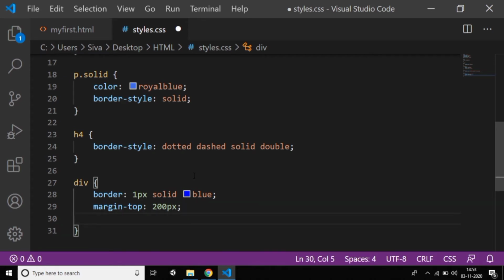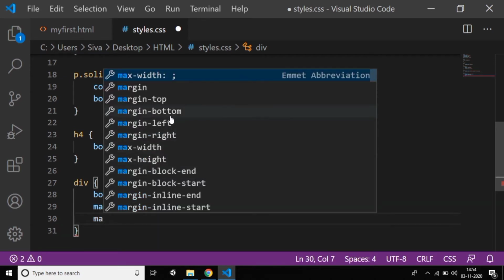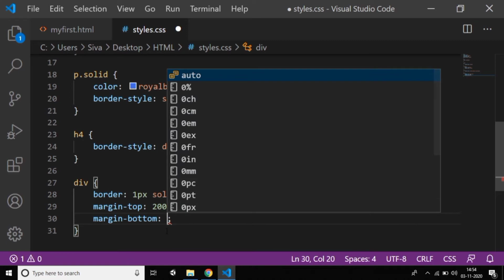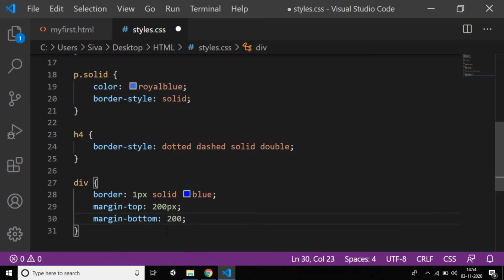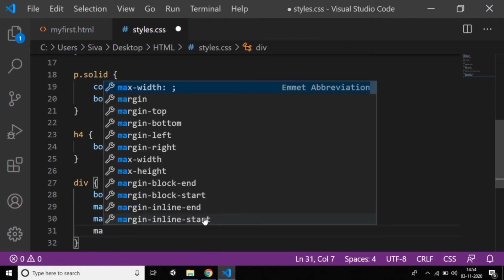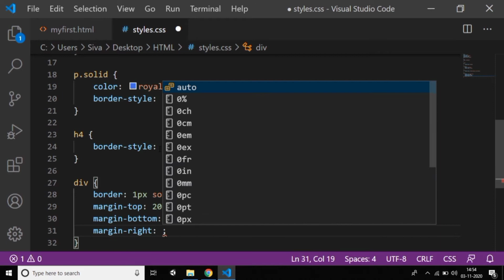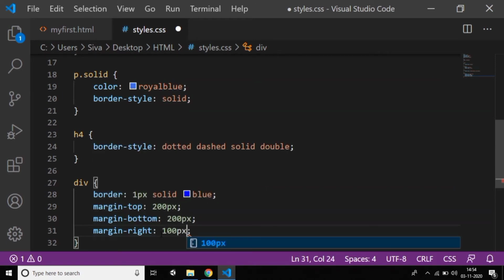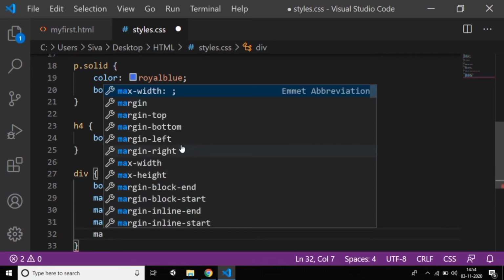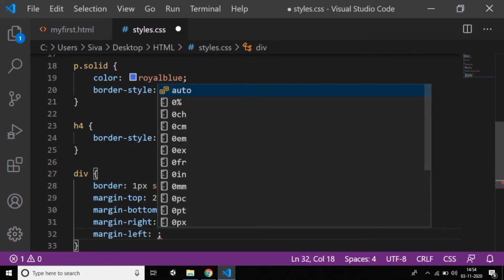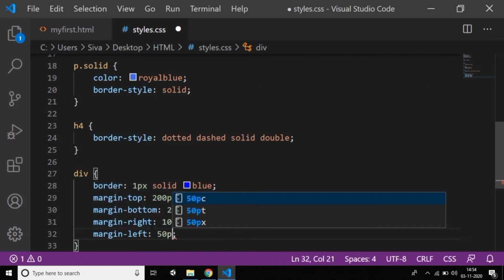Next we have margin bottom, and of course I'm giving 200 in margin bottom also. Of course this is all up to your wish. And margin right I'm giving 100 pixels. And we have margin left, which I'm giving 50 pixels.